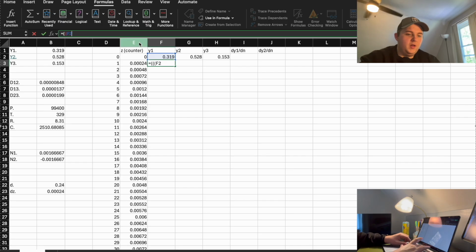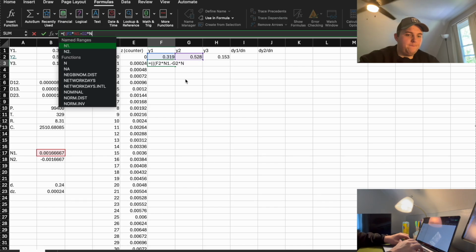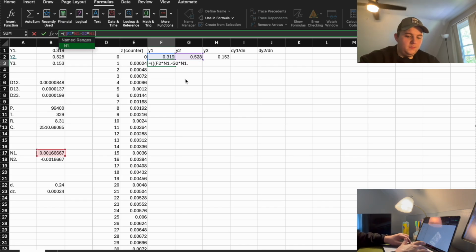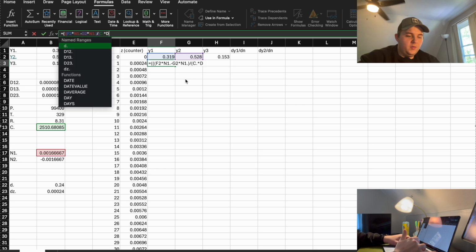And then it's going to be multiplied by our n1 value, so we can just use n1, and then subtracted by our g2 value, and then that's going to be multiplied by n1, and then divided by our concentration times our d value for 1 to 2,